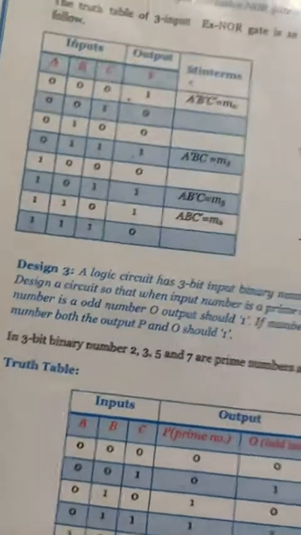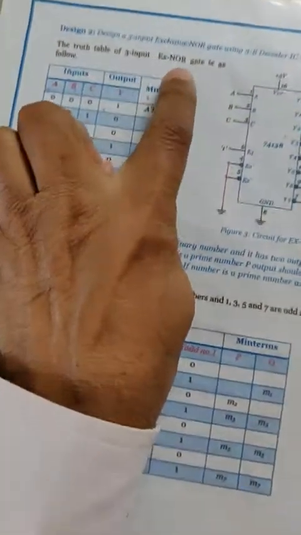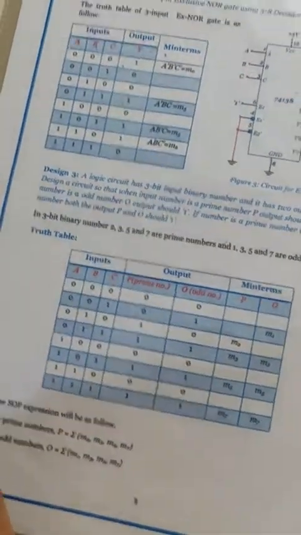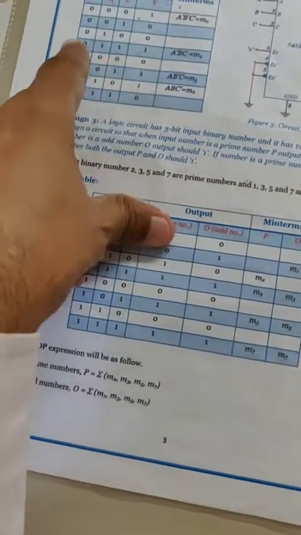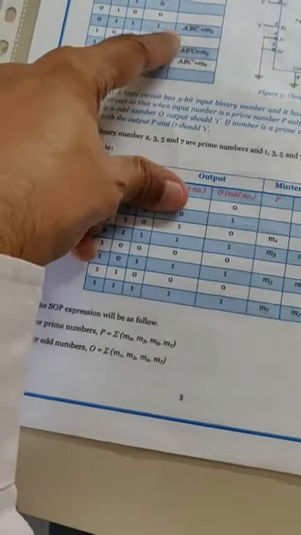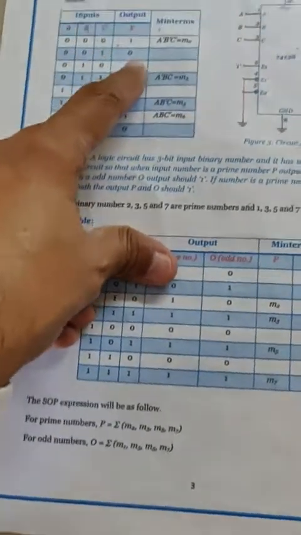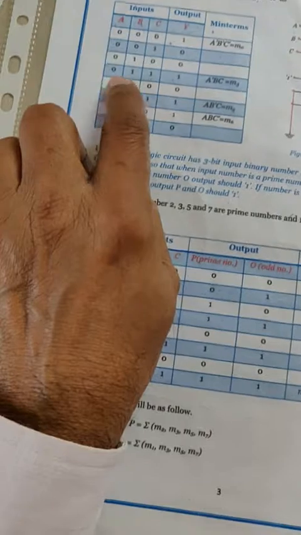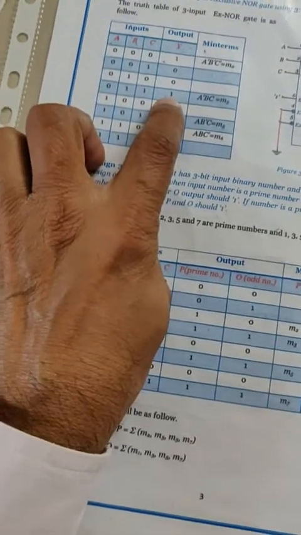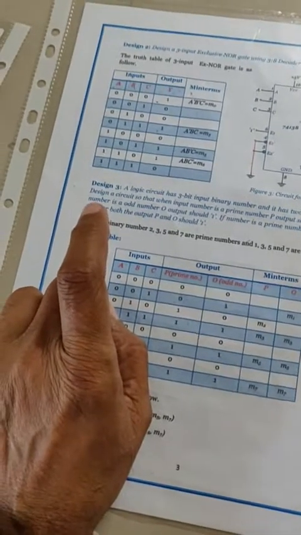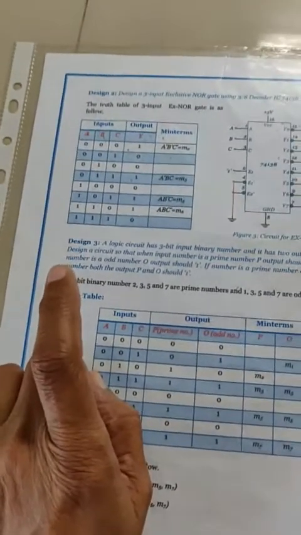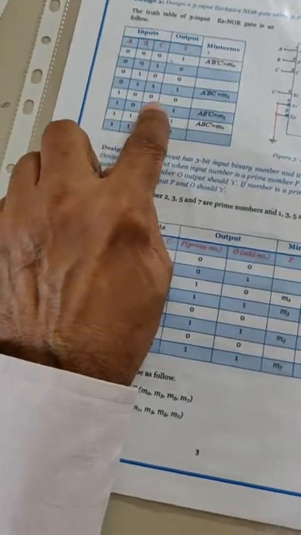Similarly, you can have a second application for the truth table of 3 input exclusive NOR gate. You can see this truth table, 3 input exclusive NOR gate. When odd number of inputs is high, then output should be high. So for 0 0 0 condition, you require output should be high. For 0 1 1 condition, also the output is required to be high. This is an exclusive NOR gate, which is nothing but an exclusive OR gate followed by a NOT gate. That's why it is complemented. So for these 4 conditions, you require your output should be high.